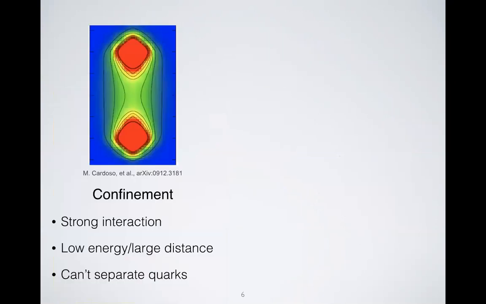Okay, so we've got 2 regimes, or energy scales and length scales, that we have to think about when we're talking about the strong nuclear force. We have confinement, which we talked about as being a strong interaction. This picture here is taken from a paper on lattice QCD. That's trying to solve the strong nuclear force directly using supercomputers, and they can do so in certain limited cases. My internet connection is unstable.